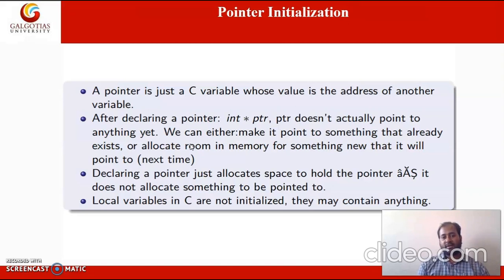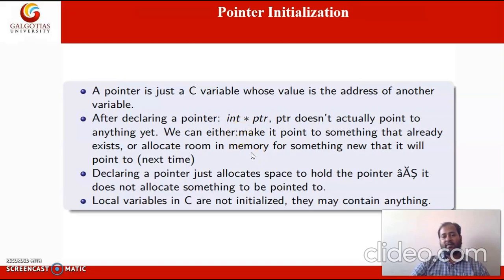So these things also happen in the pointer. Here we are just declaring the pointer of type int, and it will not point to anything till the initialization.